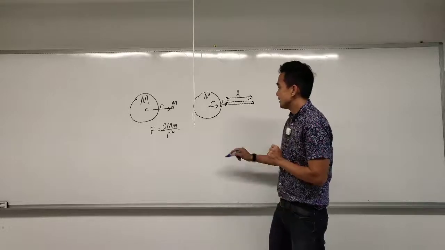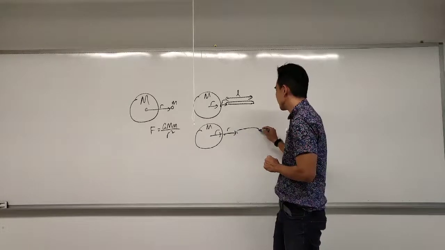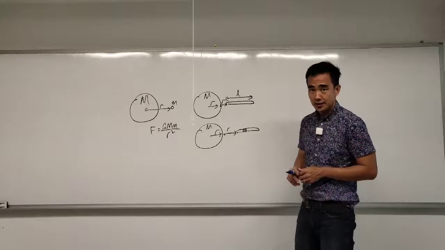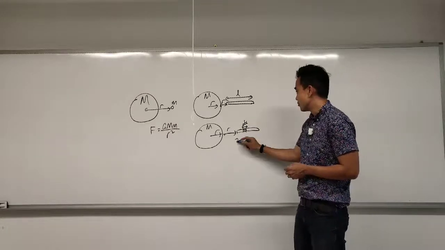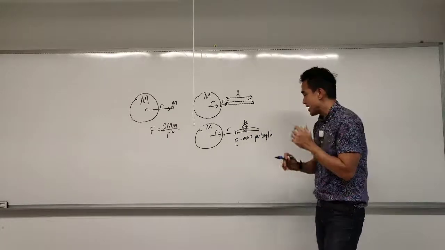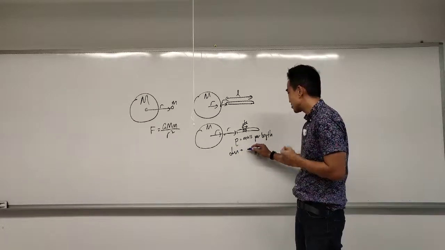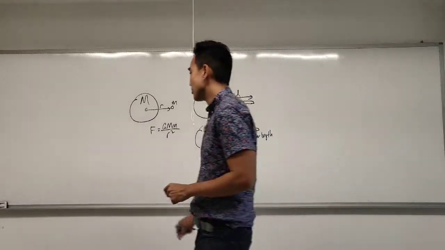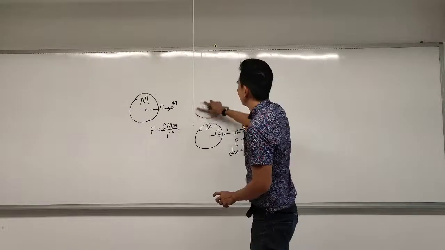Now let's take a look at this method. If you've got a mass m over here, and a rod positioned at distance r, we consider the force on this small little section over here. This section has a length dx, and we let rho be the mass per length. So therefore dm, the small little mass over there, is rho dx. And hence the small little force on this small little mass will therefore be